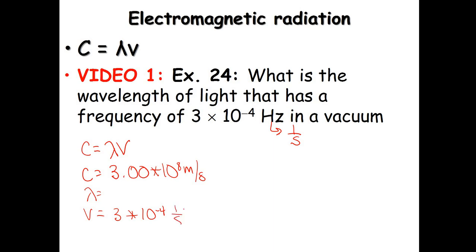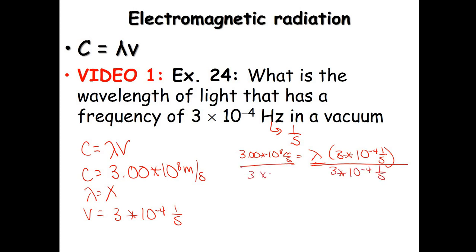I'm just going to change it to 1 over s to make more sense of the unit, which means that our wavelength is our unknown. So I'm going to plug everything in. We have our C equals lambda, we don't know our lambda, and then we know our frequency. We want to figure out our lambda, so we want to get lambda by itself. Right now we have lambda times our frequency, so in order to get lambda by itself, we divide both sides by our frequency. After we do that, our seconds cancel out,